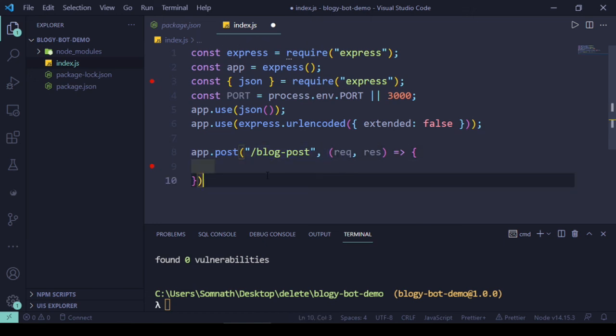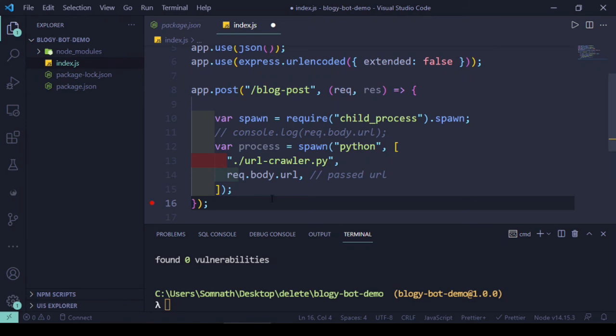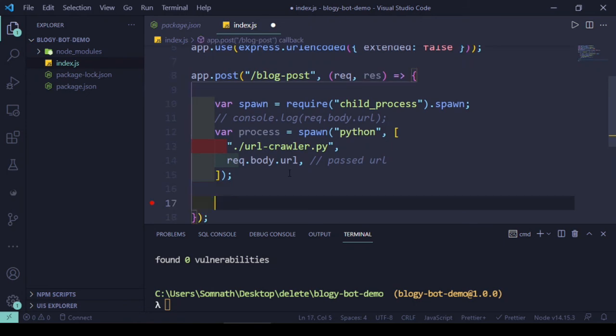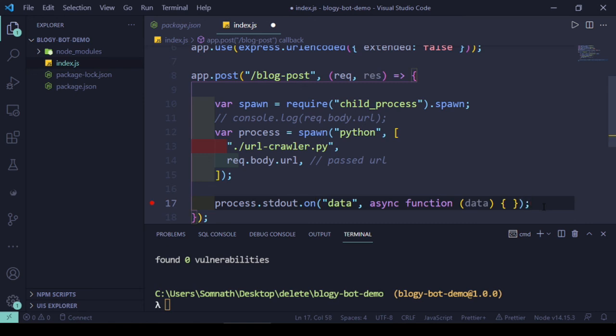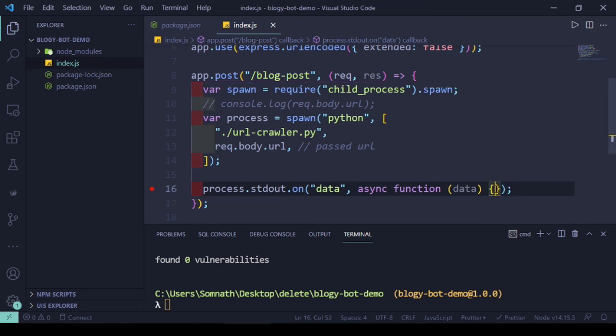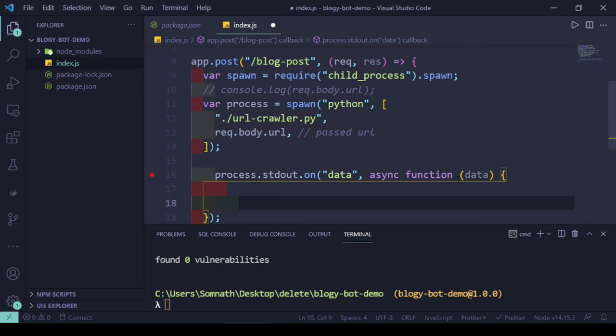And let's get into the process, the Python process that will be required over here. Now when the process is over, we will just get into the standard output on event handler, and we'll simply add this particular piece of code.